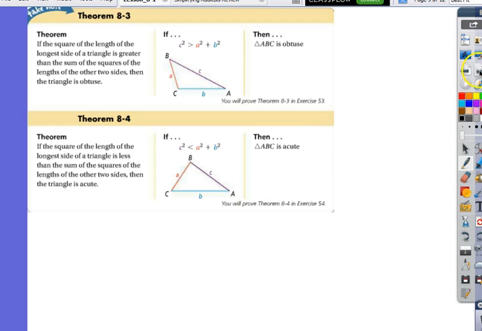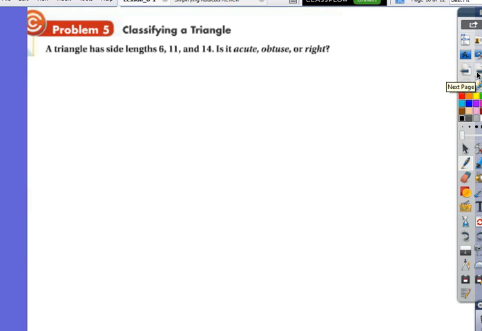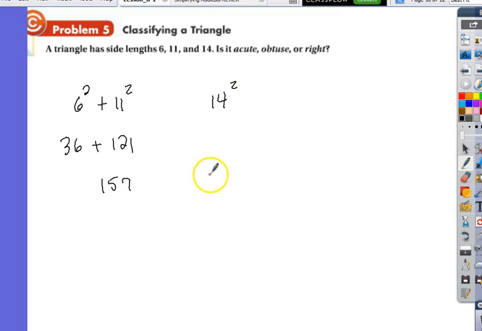So what do I expect you guys to be able to do? Well, I expect you to be able to tell me if a triangle is acute, obtuse, or right. So in this particular one right here, I would look at 6 squared plus 11 squared. The smaller two numbers are always A and B, and compare that against 14 squared. Now you don't add them first and then square it. You square them first and then add. So 36 plus 121 comes out to be 157. 14 squared comes out to be